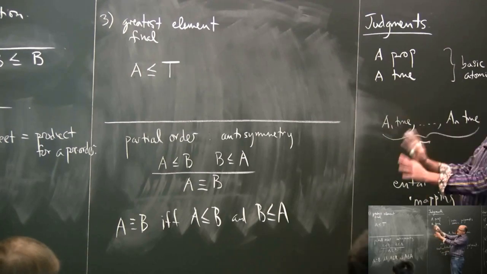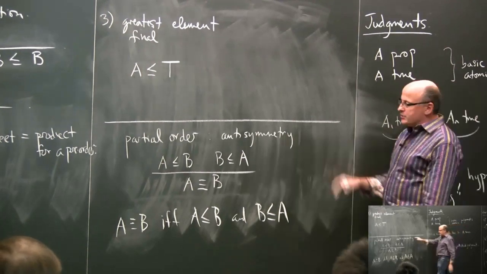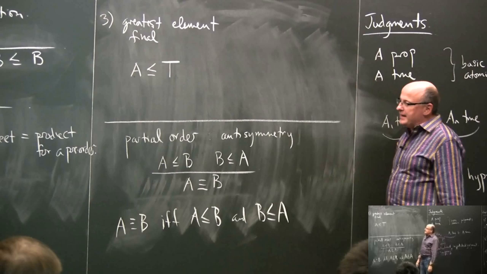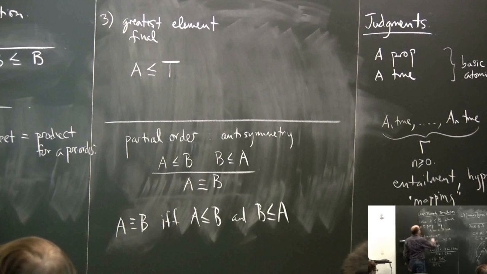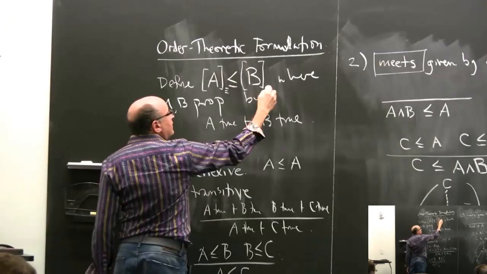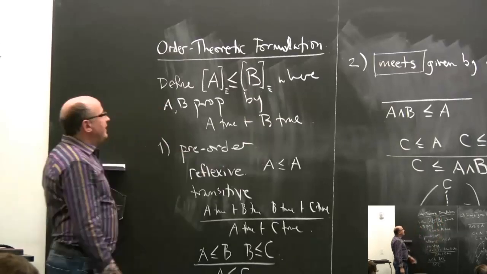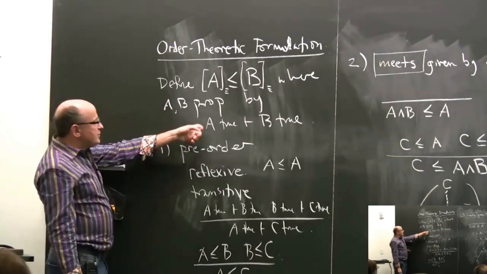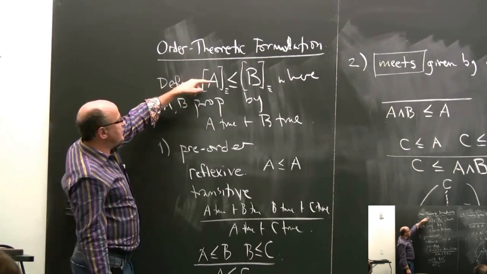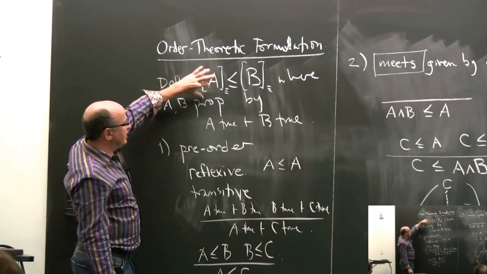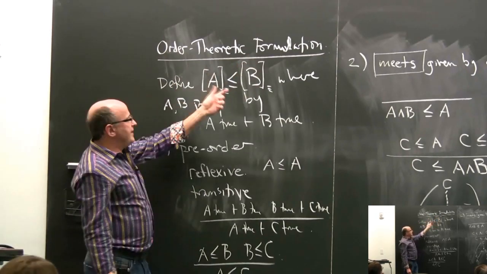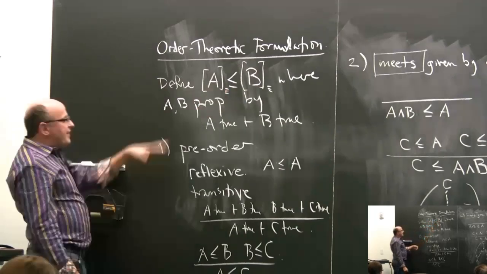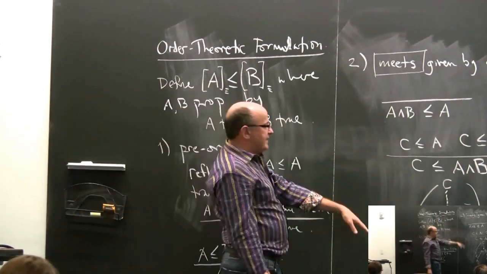So what you do is, if you want to make my story really work, and if you're going to insist on a partial order, an anti-symmetry, then you can't do this, okay? What you have to do is define this in terms of equivalence classes of propositions, which I'll write like that. And you have to show that this concept is well defined, but it is well defined because whatever representative I choose here, they're interprovable all the way. So you're on this side and interprovable all the way on this side, so it will not matter which representative I choose. And then you can go through and check that everything is the case.